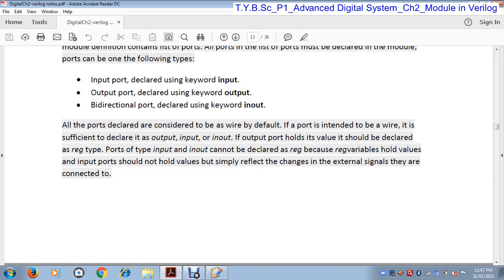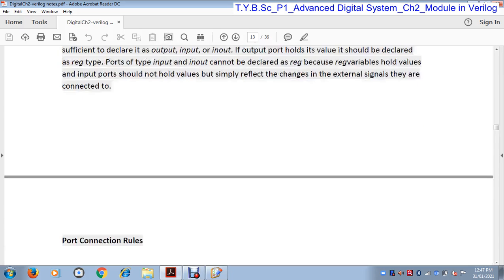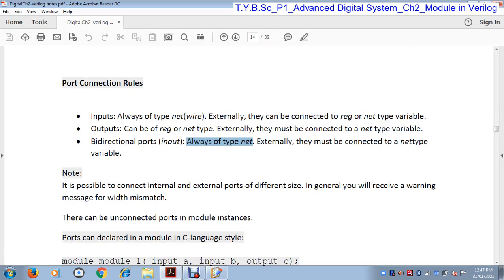Here we saw that only an output port can be used as a register data type, but input and bidirectional ports cannot be used as a register data type. Similarly, input is always a net, that means wire data type. Bidirectional is always a net or wire data type, but output can be a register as well as a net data type.